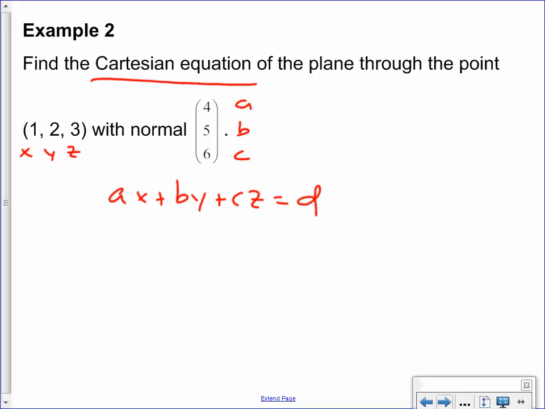Only thing we don't have is D. So 4 times 1 plus 5 times 2 plus 6 times 3 is 32, which is D. So the Cartesian equation is